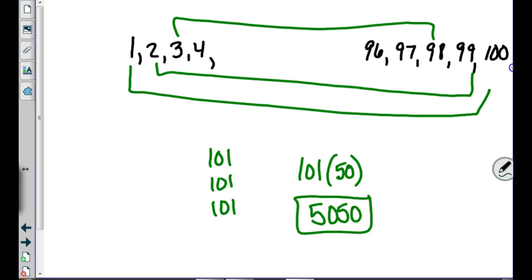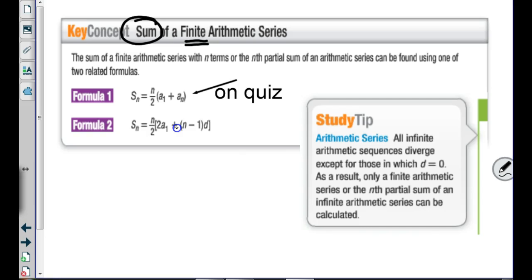Okay, so this is what the formula says, guys. The formula says you take the first term plus the last term, and then you multiply by the number of terms divided by 2. Is that what we did? We said the first term and the last term will always add up to the same as all the other ones in here, and then the number of terms divided by 2. Okay, so it's this formula,